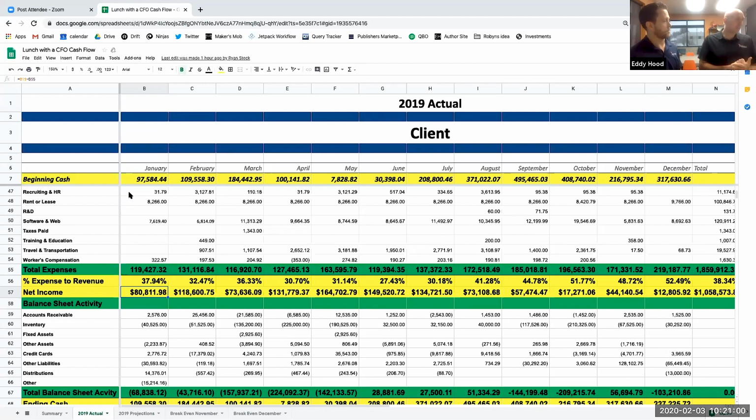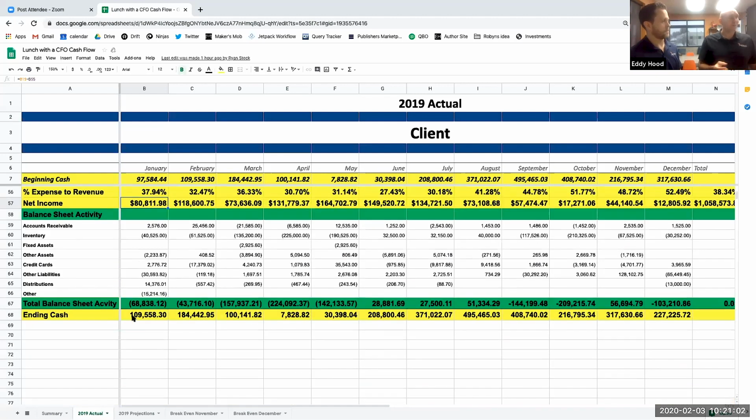So let's scroll down a little bit to line 68. Wait, we don't have $177,000 worth of cash. We only have $109,000 worth of cash. And this is where most businesses go out of business, guys, because